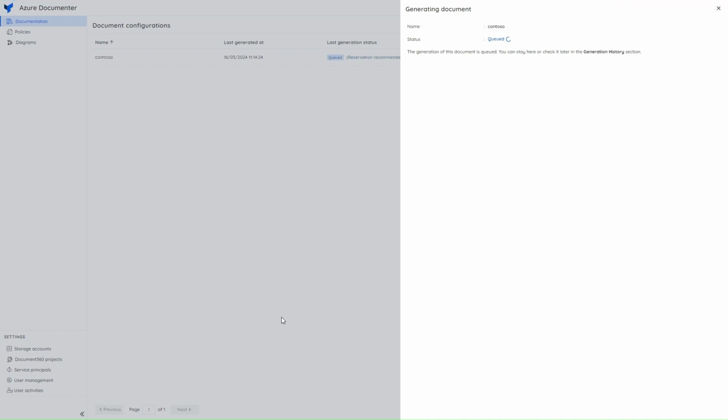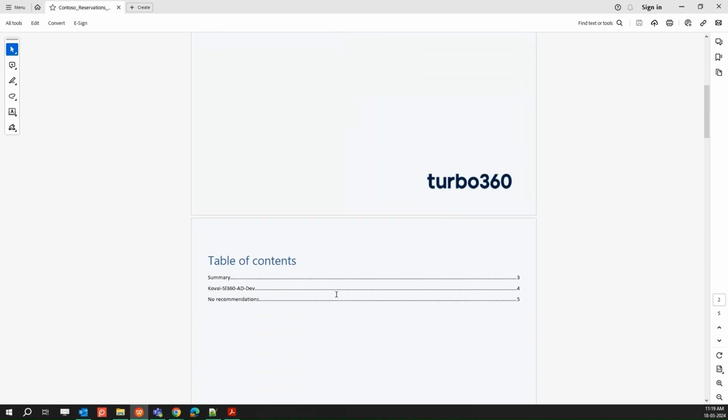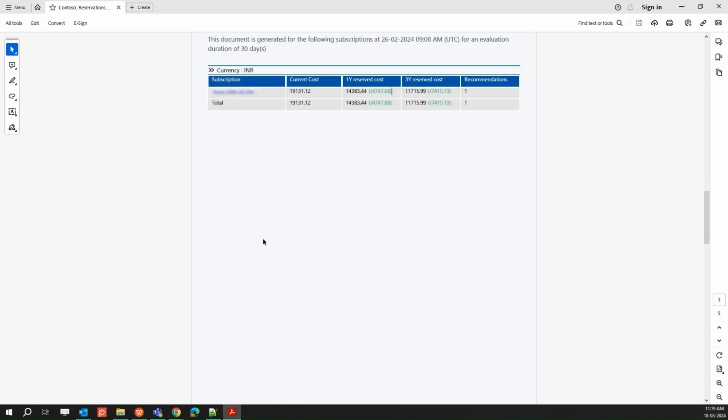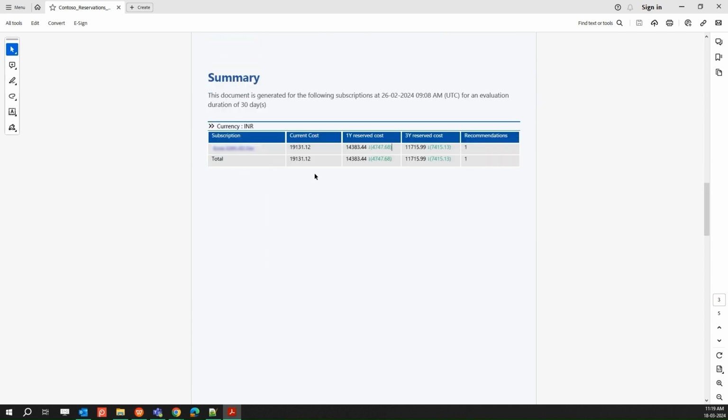So I have a sample document which has already been generated. Let me show you that. This document consists of summary, subscription details and no recommendation sections in the table of contents, where the no recommendation section consists of those subscriptions that don't have reservation recommendations. Clicking upon the summary shows the list of subscriptions along with their current cost, 1 year reserve cost and 3 years reserve cost. So let's take AD Dev for example, where its current cost is